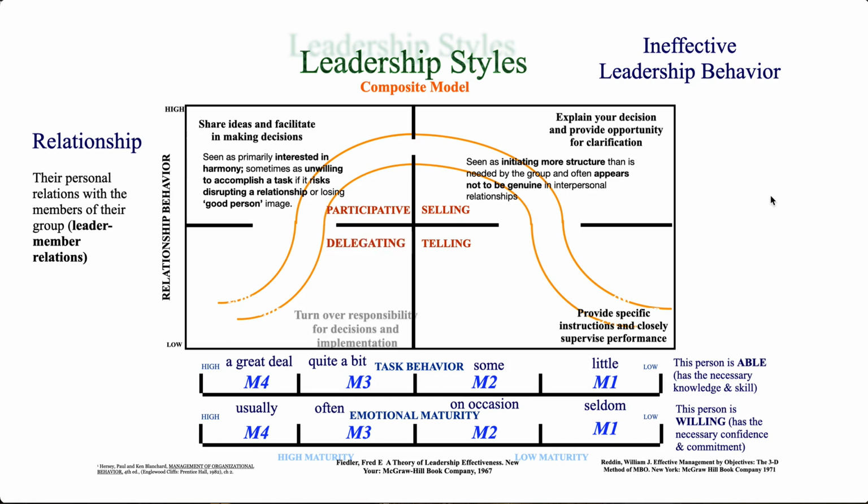As we go into the delegating area, the idea here is that they're going to turn over responsibility for the decisions and implementation, but the ineffective leader is seen as providing little structure or social emotional support when needed by the members of the group. Now, keep in mind, even though you reach this particular area where you begin to go out and disciple disciples, you still need to maintain a relationship with the people that you walk the walk with and get the strength